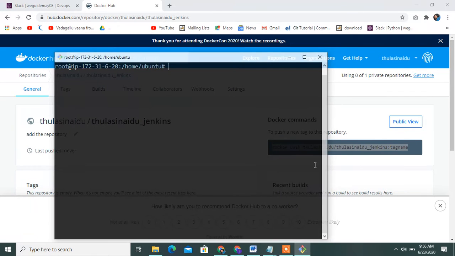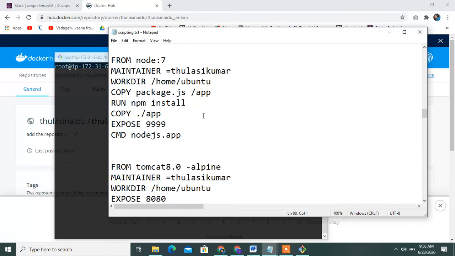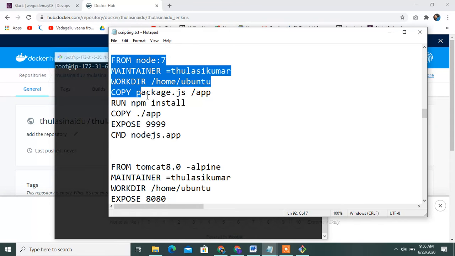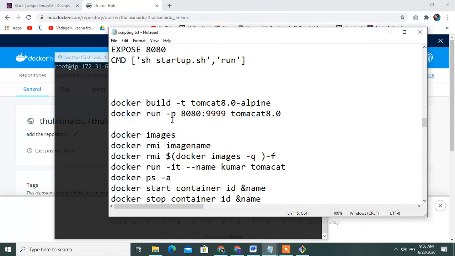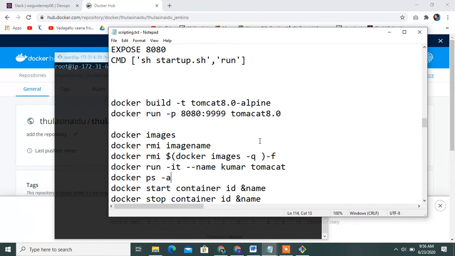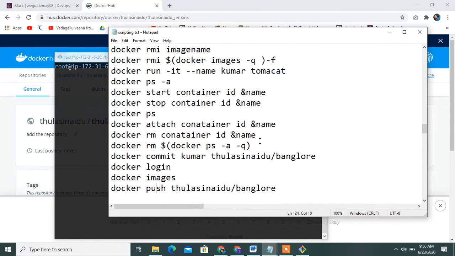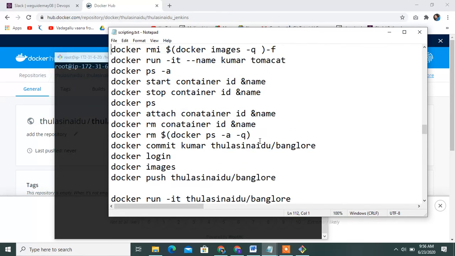First of all, how to pull the image, how to create the image, how to delete the images. I have already written Docker image and Docker commands in one video. All these topics are covered in that one video. Please go through that video also.